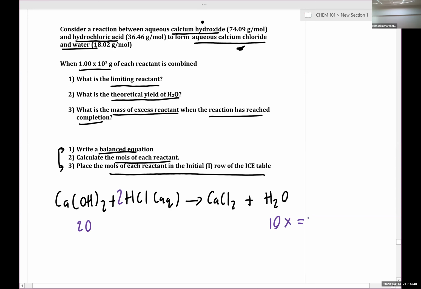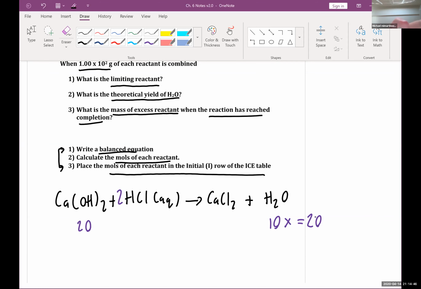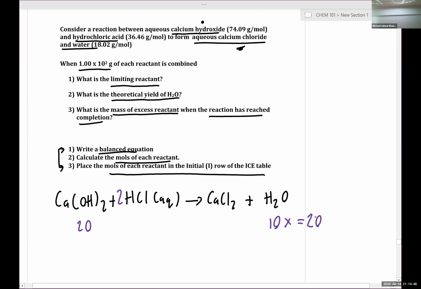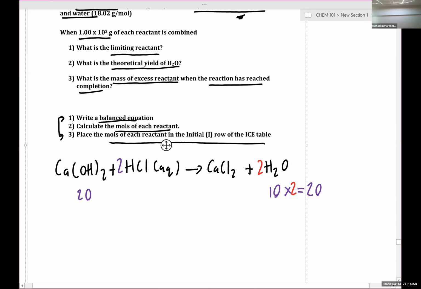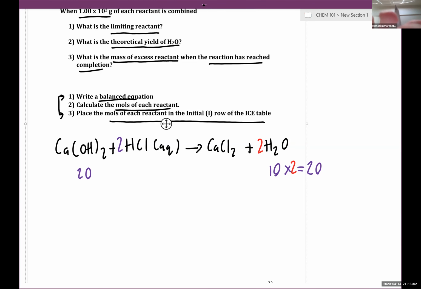And what times 1 would give us 2 oxygens? What coefficient do we need to plug in? 1 times what would give us 2? 2. Exactly right. Perfect. So now we have our balanced equation, and now we are given